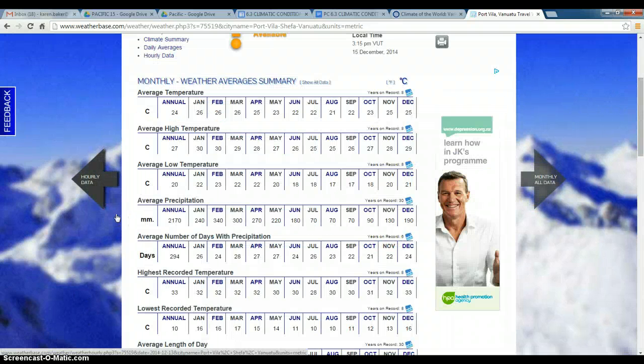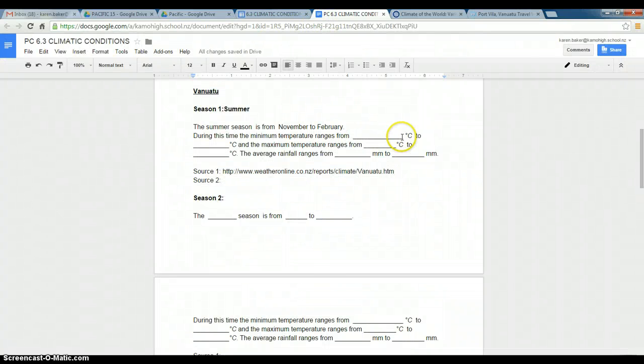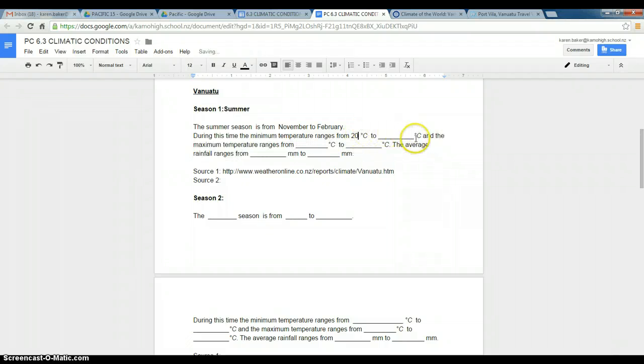The minimum temperature that I'm going to try and record is the average low temperature. The average low temperature goes from November to February. So I'm looking for the lowest to the highest. So the lowest would be 20 and the highest would be 22. This is what I enter into here. So during this time, the minimum temperature ranges from 20 degrees Celsius to 22 degrees Celsius,